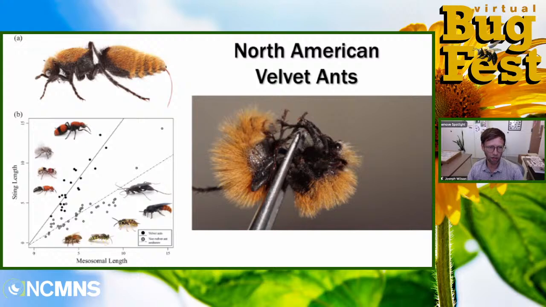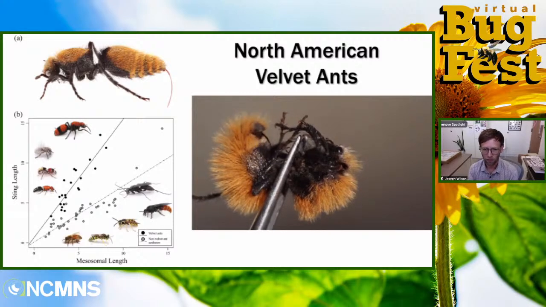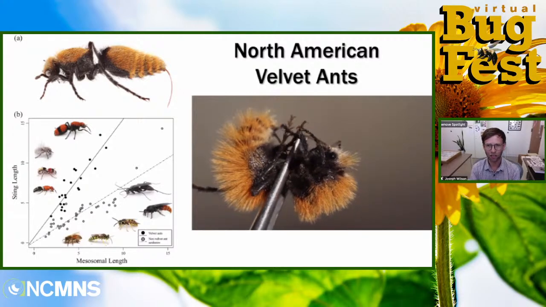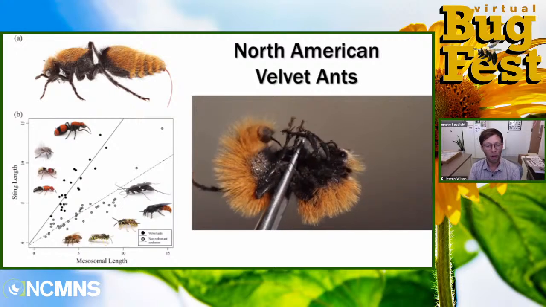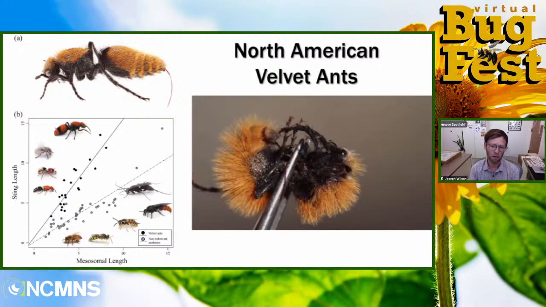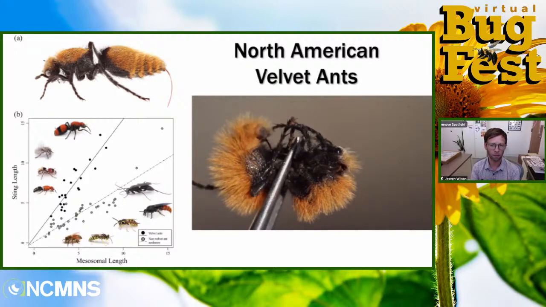So there's the stinger coming out on the top left picture. This is a little video. You can see this velvet ant is trying to sting the tweezers that I'm holding it with. And the stinger is not only long, but it's really agile. So velvet ants have a long sting. They are one of the more painful stings as far as the pain index scale, where people let themselves get stung by things and rank it. Some velvet ants, especially these bigger ones, are pretty painful, they say.